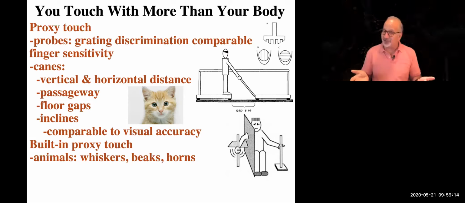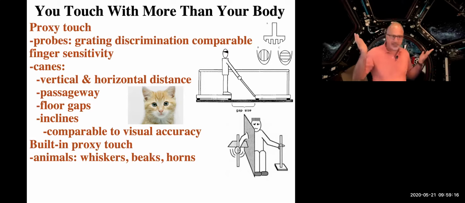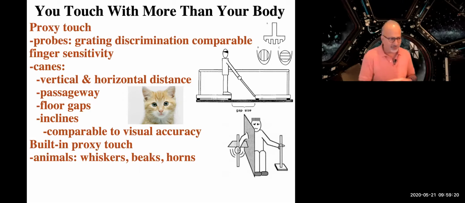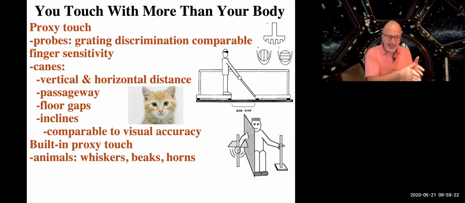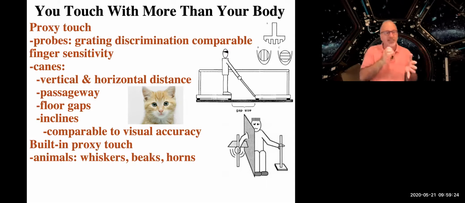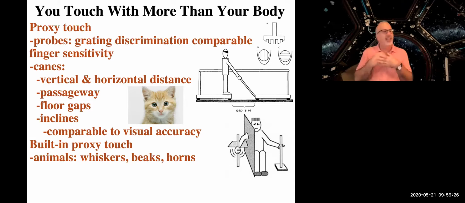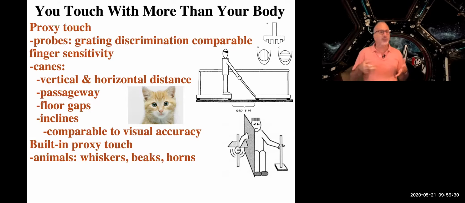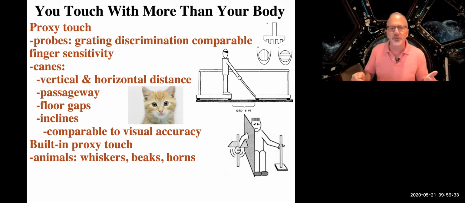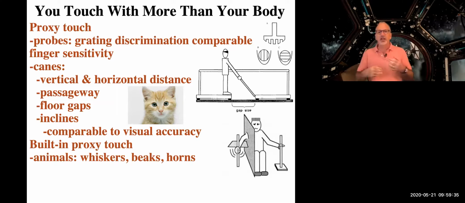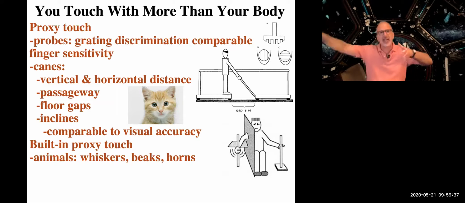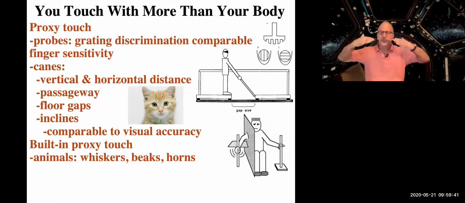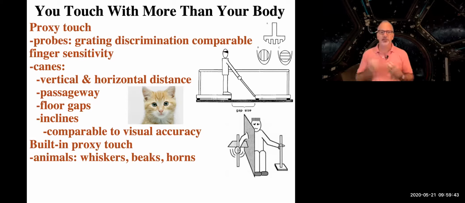And the same thing is true. You can think of other animals. Beaks in birds are the same thing. Beaks are essentially like nails. There's no nerve endings in the beak itself. It's only where the beak makes contact with the skin. And the same thing with horns. In all these cases, animals are able to perceive things in the world that make contact with different surfaces, and then those contacts are conveyed through the tool.